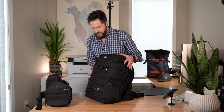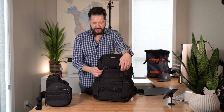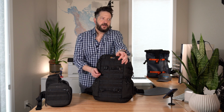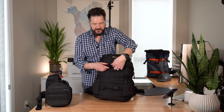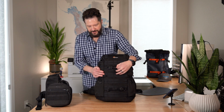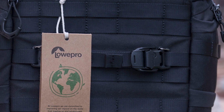But back to the exterior of this bag. So these straps are interesting, and Lowe does this in a lot of their bags, but I'm not a huge fan of it. It's kind of a two-sided coin in my mind. These straps are very much the same as a regular tension strap. You pull it tight, but then it has these little locking clasps, which is great for security, but kind of